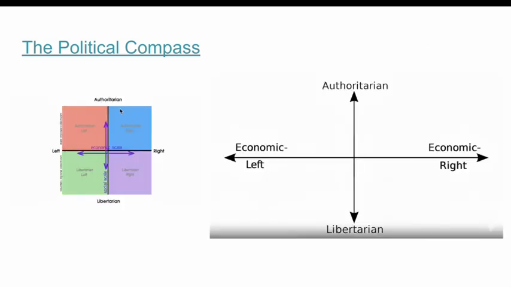And then the final way that we can think about how to characterize these ideologies with each other is through the political compass, which is something that we asked you to take that quiz last week, to post your response in the Microsoft form. We're going to create our class political compass. So this is a way of looking at not just one spectrum, but really two different spectrums, right? One that focuses on an economic scale and the other that focuses on a social scale.